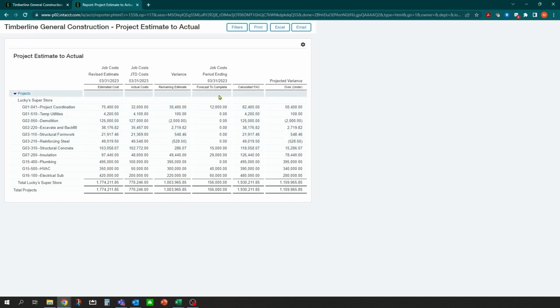There's my forecast to complete, there's my actual to date, and I have a calculated forecast at completion, and I have to change my calculation. That's right, I moved my columns around and I have to change my calculation. So let's edit that financial statement and we'll come back in here.